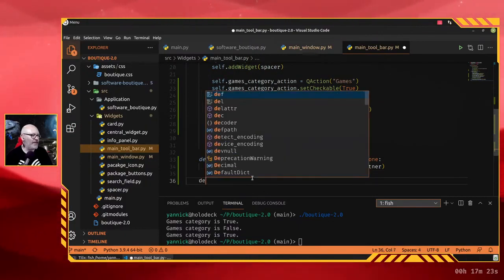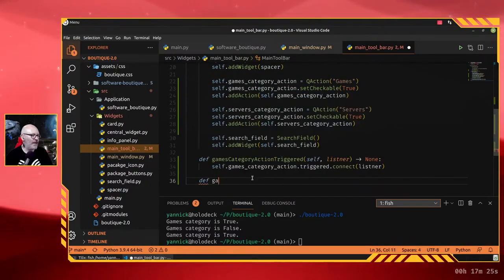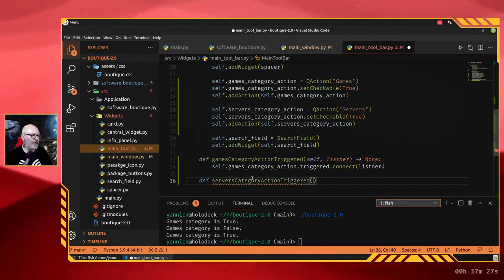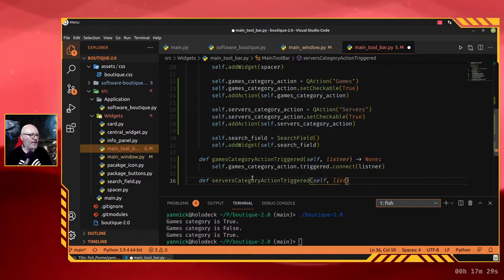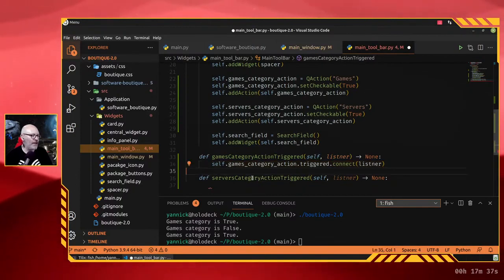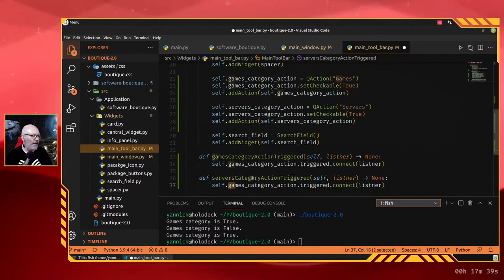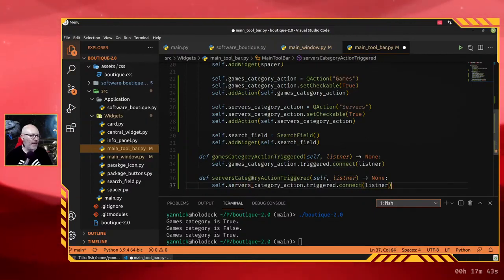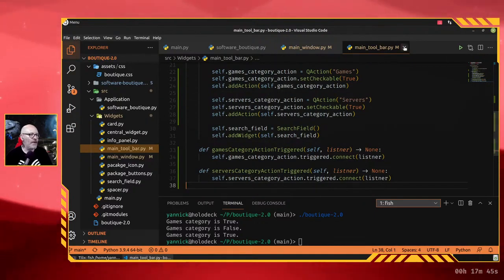And we need this too. We need this servers category action triggered. Self listener. That returns nothing, and it's connecting the listener to the servers category action triggered. Okay, good. Now